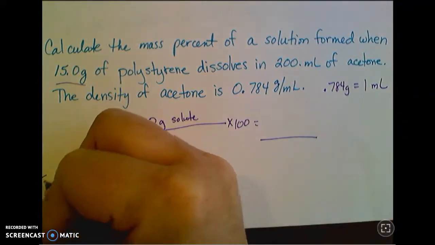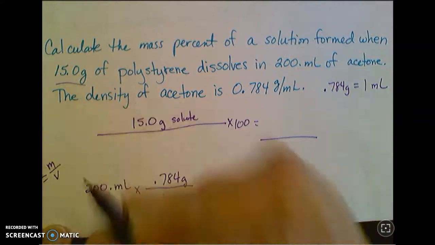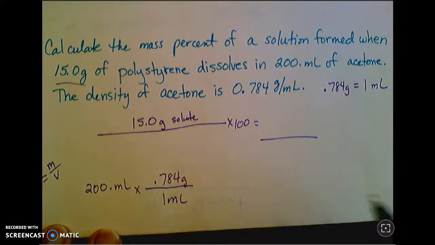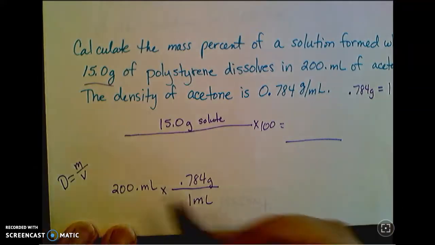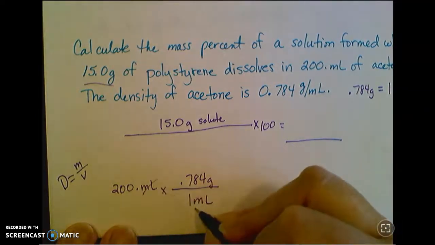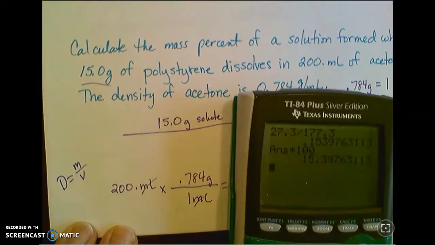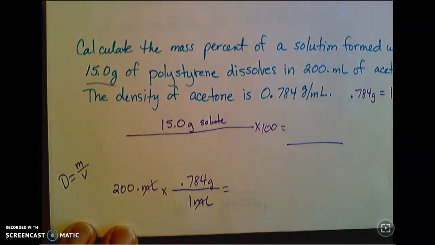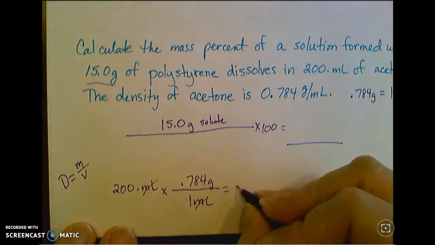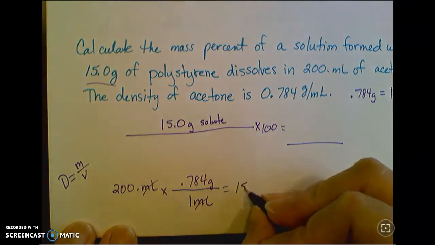You could also solve this using the density equation, which is D equals M over V. Sorry, couldn't see that. But you can do it this way too. Pretty simple. So 200 times 0.784 is 156.8 to 3 sig figs. That will be 157